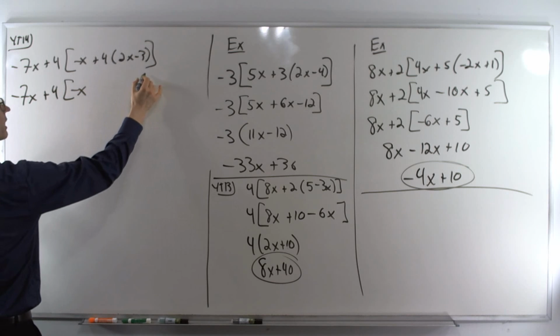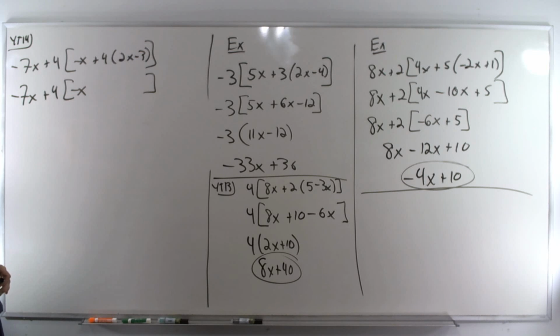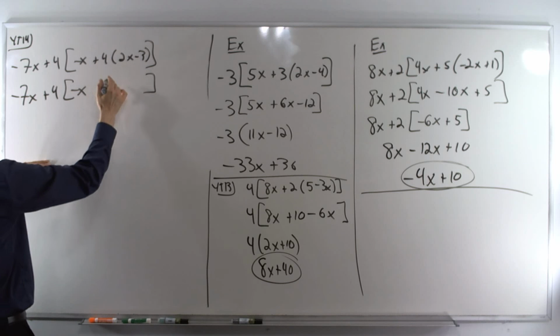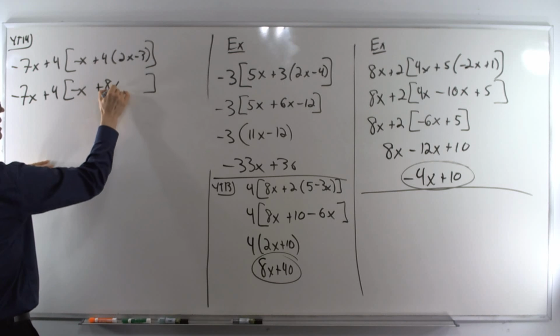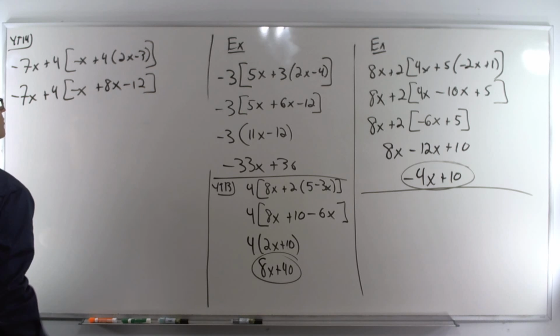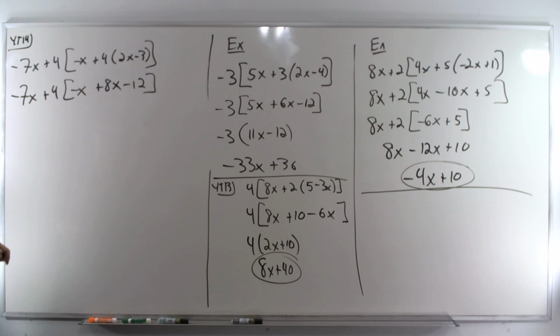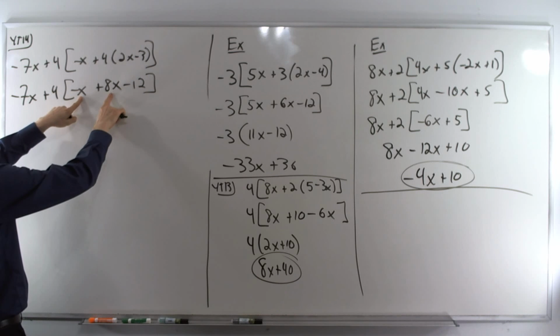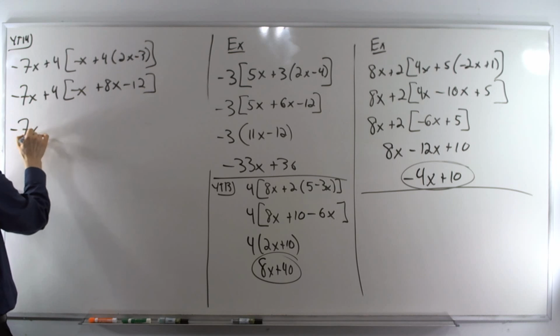So here's all the stuff we're not touching. And now we'll distribute. 4 into these parentheses, that is plus 8x minus 12. Now we can combine these together. Negative x, or negative 1 plus 8 is 7. So this turns into